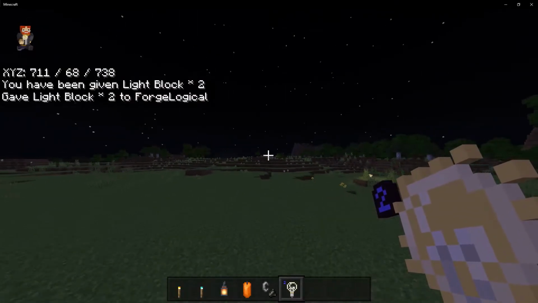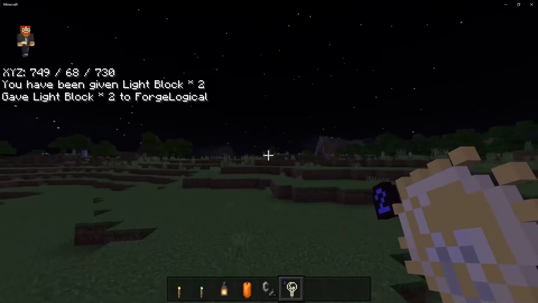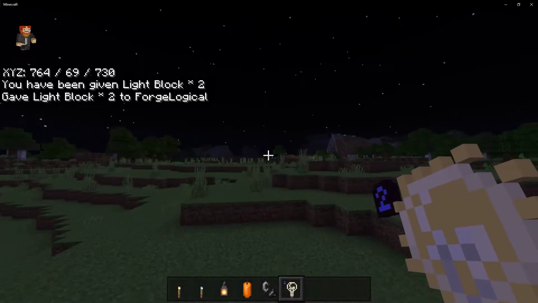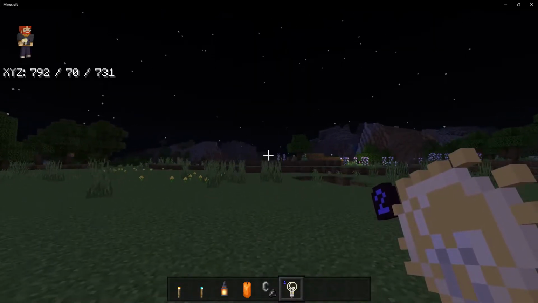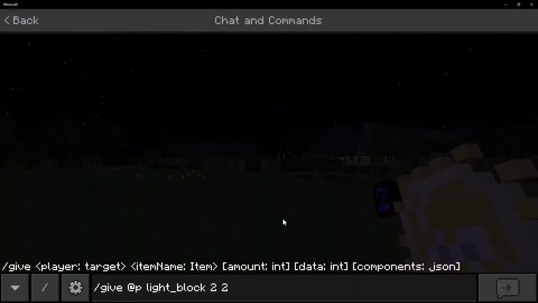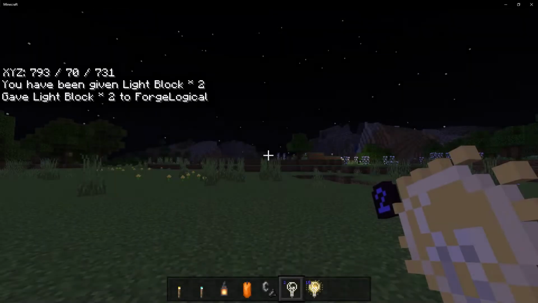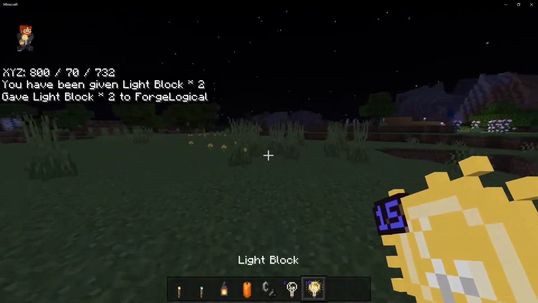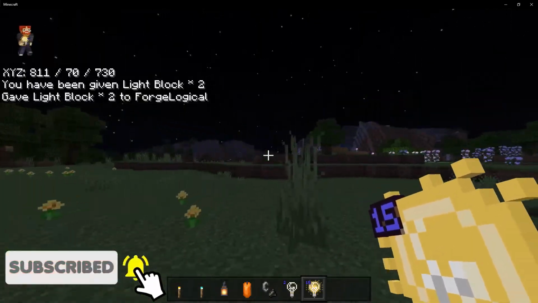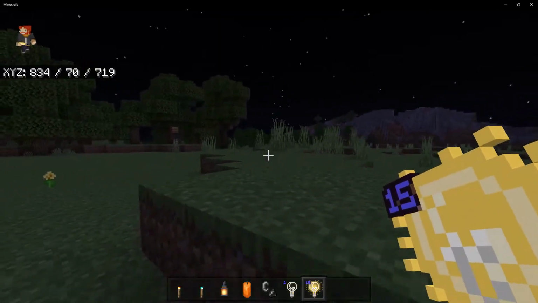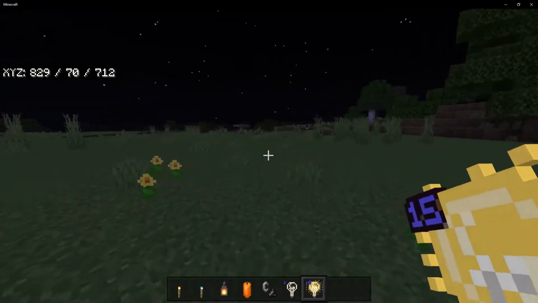If you wanted to change the light level, you would have to type out that command pretty much every single time. And it would go from 0 all the way to 15, 15 being the max light level. So I type in 15 right here, and then I press enter, then we get our max light level. And this was very tedious, but however on the Java edition, they did introduce a feature in 1.17,